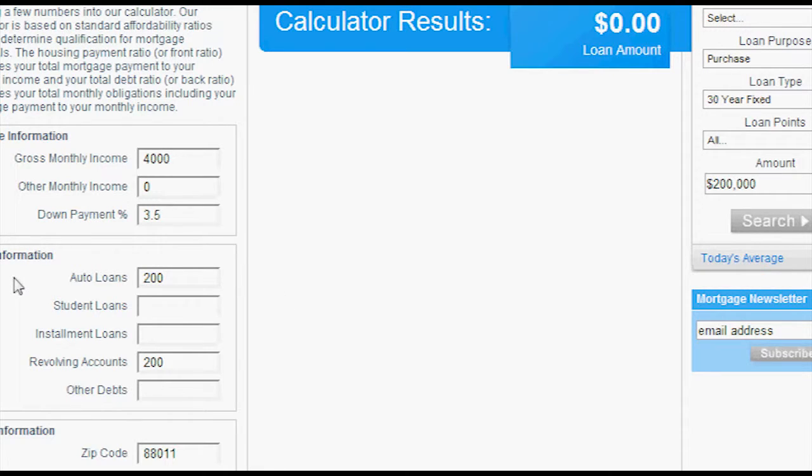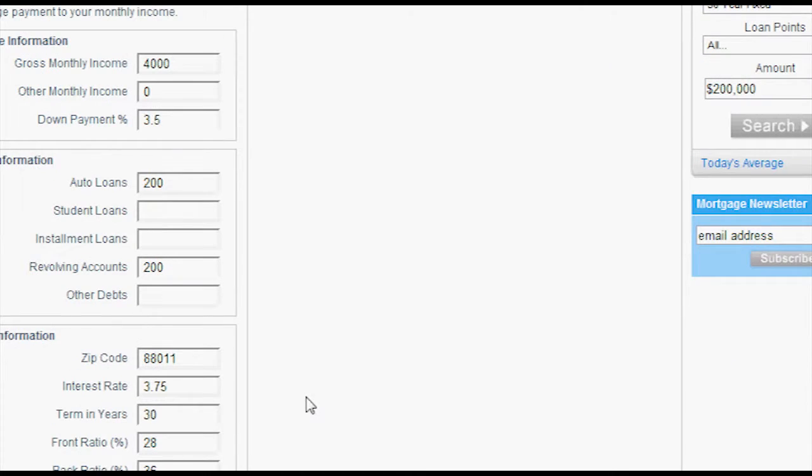Now the banker wants to know the second thing, how much your debts are. We're going to just use some figures that are estimates, and you'll put in the correct ones for you. I put in a $200 a month car payment, and I put in a $200 a month credit card payment. That's your card, MasterCard, or Sears, or Penney's, or wherever. In addition, we're telling the calculator that you live in Las Cruces, and if you're credit worthy, we know that you can get today about a